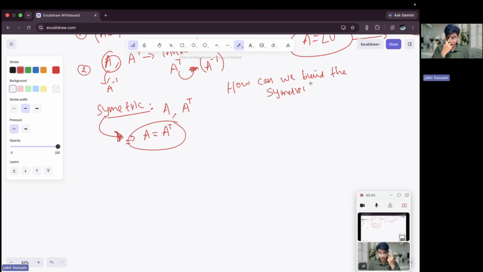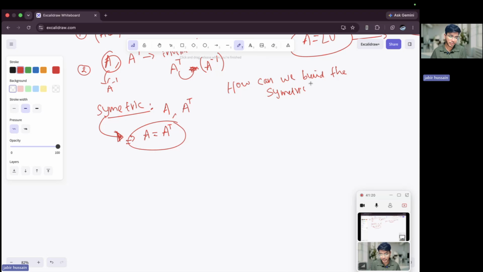That is the question. To build a symmetric matrix, there is a rule. The rule tells me that, let me just look into it, I have like written scriptures. Okay, so take any rectangular matrix. It doesn't have to be a square. If you multiply it by its own transpose,